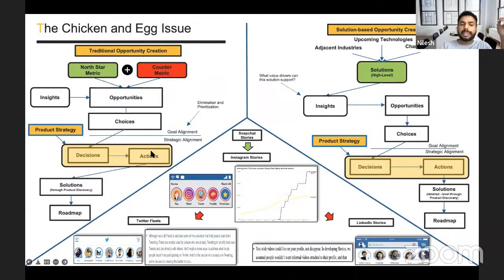We came to decisions, actions, and once the product strategy is created, you do something called product discovery, which is during your execution phase. You find out what are the solutions that will help me solve or execute those decisions. And then you finally go on to roadmap. So your product strategy basically ends at decisions and actions, and your execution is where you do product discovery and roadmap creation. Now, this is the standard way which we have decided, but there is something called a solution-based